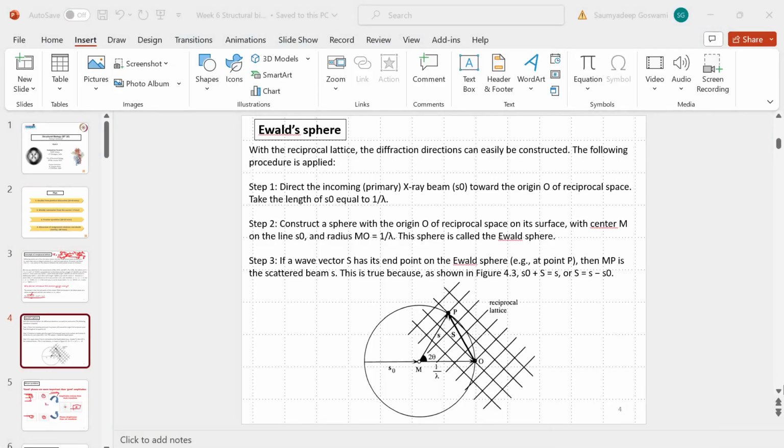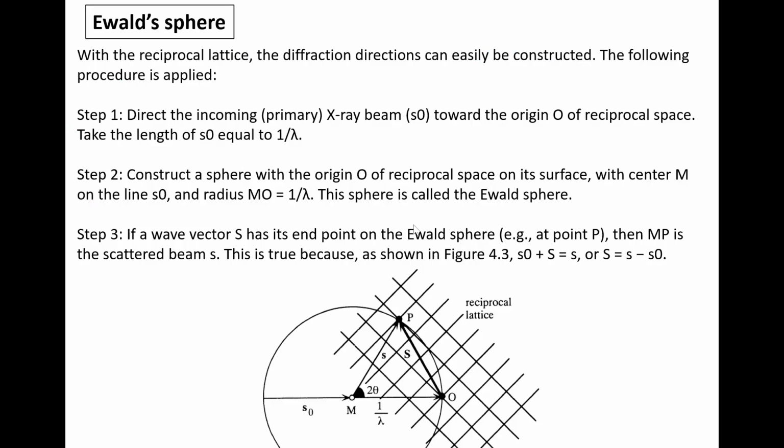So to construct this Ewald sphere, you can take three different steps: step 1, step 2, and step 3. In step 1, you use the wavelength of the X-ray, lambda. If you take the reciprocal of the wavelength of the X-ray,